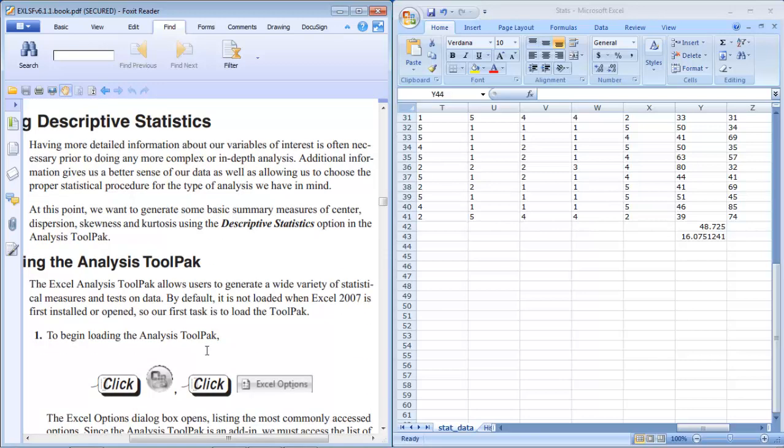Using the descriptive statistics. Having more detailed information about our variables of interest is often necessary prior to doing any more complex or in-depth analysis. Additional information gives us a better sense of our data, as well as allowing us to choose the proper statistical procedure for the type of analysis we have in mind. Using the analysis toolpack,